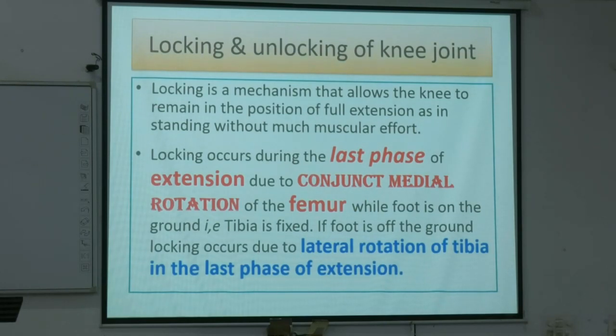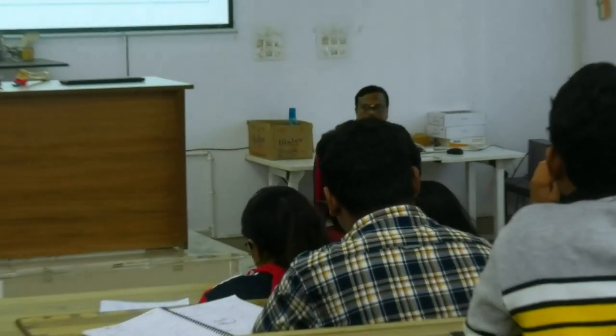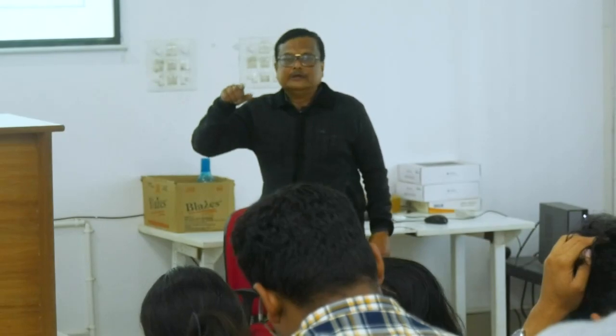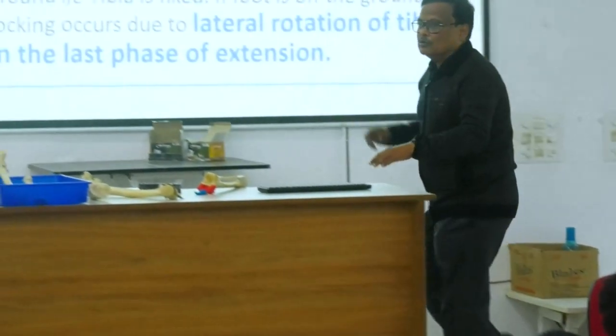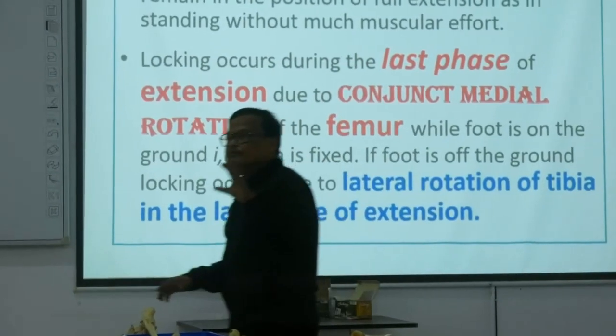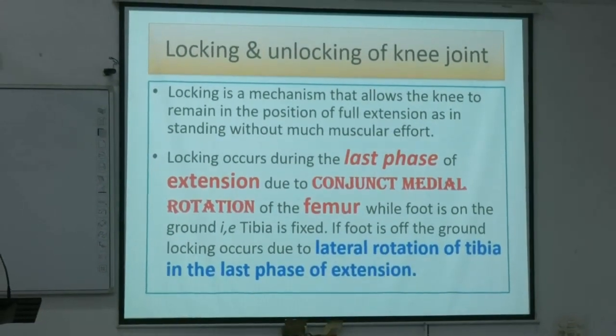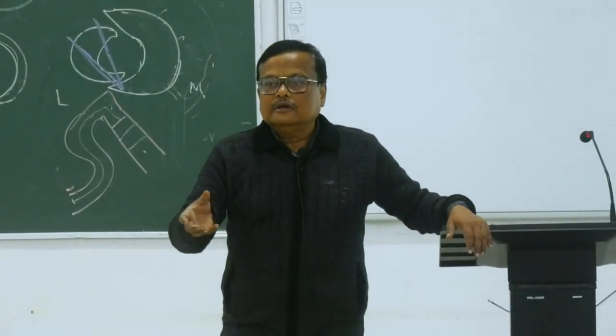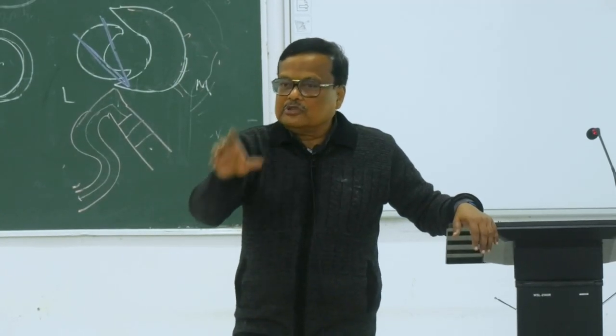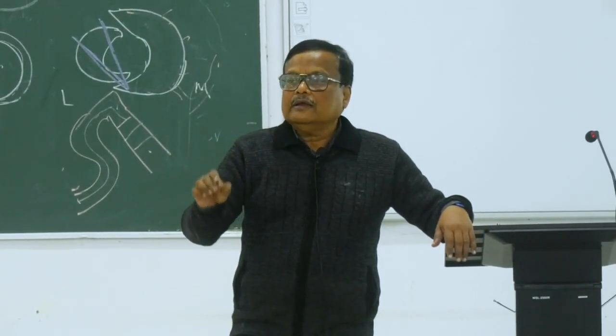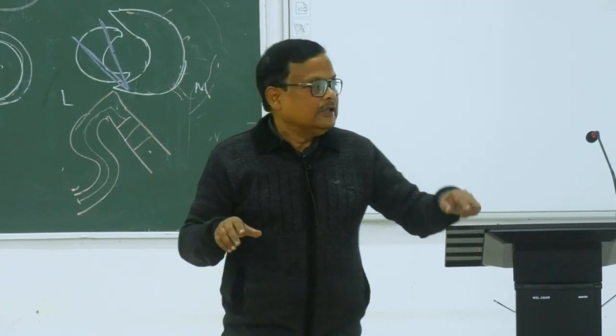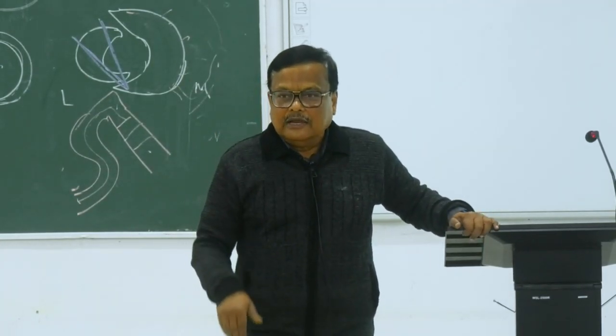ফুট ইজ অন দ্য গ্রাউন্ড, যখন ফুটটা অন দ্য গ্রাউন্ড থাকবে, আমরা যখন এরকম বসে থাকি, দাঁড়াচ্ছি, এই যে আমি বসে আছি, ফুট ইজ অন দ্য গ্রাউন্ড, তার মানে টিবিয়া ইজ ফিক্সড। এই যে আমি উঠলাম, এই মুভমেন্ট যেটা বললাম এটা অকার্স, ফুট ইজ অন দ্য গ্রাউন্ড। তার মানে ফিমার রোটেট করতে পারবে। As tibia is fixed, tibia can't move, so medial rotation, আমি যেটা বললাম ঠিকই বলেছি, বাট অনলি থিং ইজ দ্যাট টিবিয়া ইজ অন দ্য গ্রাউন্ড। অন দ্য গ্রাউন্ড মানে কি? আমি বসে আছি, দ্য লেগ ইজ টাচিং দ্য ground,